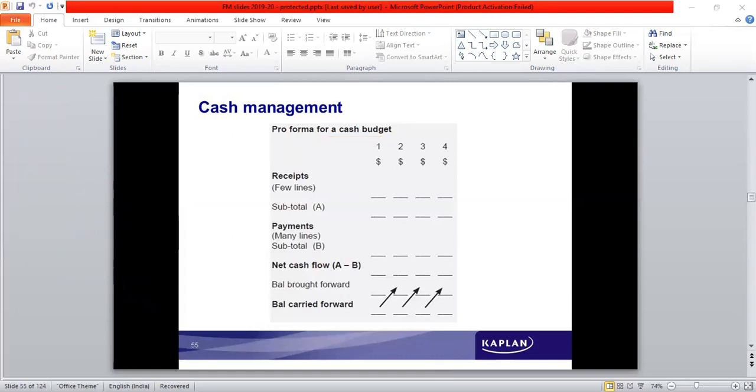There's a question given here. Sales before discounts for a company are predicted for the first month till the sixth month. Predicted sales, forecasted sales are given to us. Then it says that 20% of the sales will be for cash, with customers taking a 2% discount. 40% of the sales will pay in the following month and 35% in 2 months. The remaining 5% will be written off as bad debts. Calculate the cash receipts for the month 3 to 6.